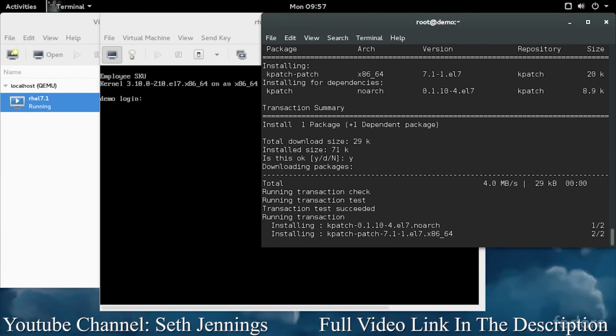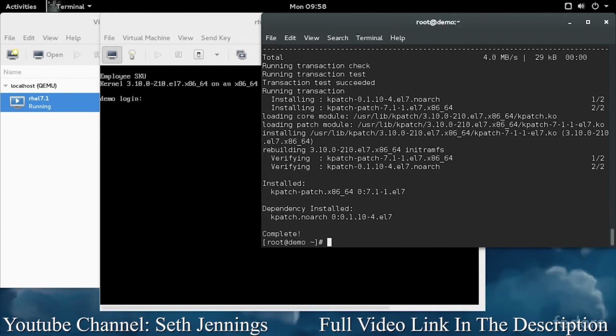There's a delay when installing the kpatch-patch package because, as part of a post-install hook, it's going to install the hot patch modules into your initramfs. That way the patch is applied as early in the boot process as it possibly can. It can't become part of the kernel image, not without a reboot. But if you do reboot into the same version of the kernel that's vulnerable, these hotfixes will be applied as soon as possible. So now if we do a kpatch list,